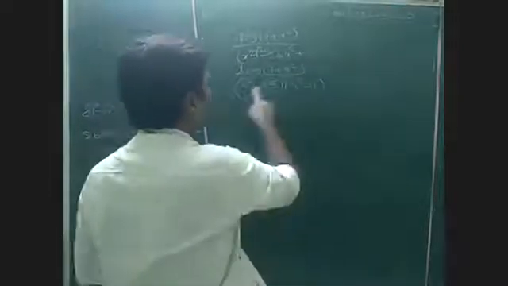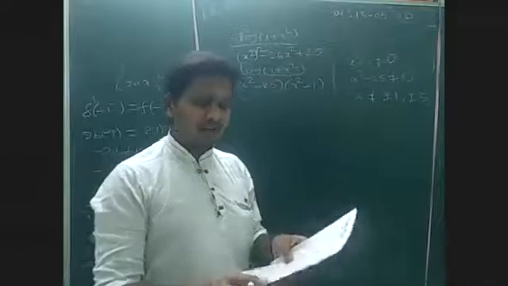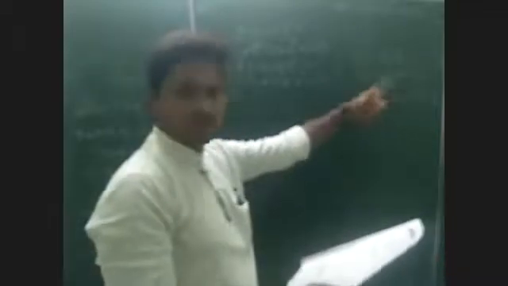Okay, here for what value of x will the function not be continuous? If the denominator is 0, clearly it is infinite, so it is not continuous. But it will be continuous except where x square minus 1 equals 0 and x square minus 25 equals 0. Nothing but x not equal to plus or minus 1, plus or minus 5. Which one of the intervals does not contain plus or minus 1, plus or minus 5?